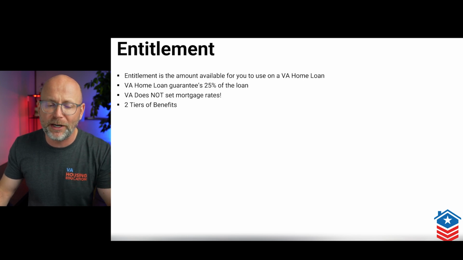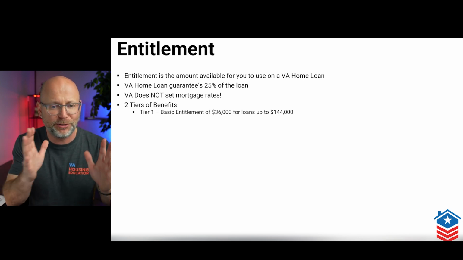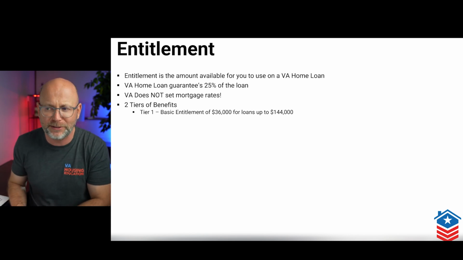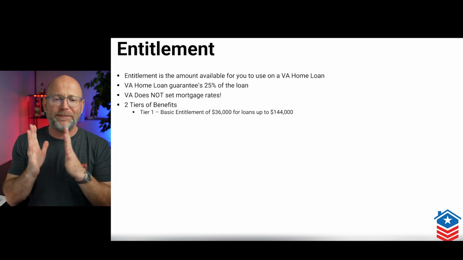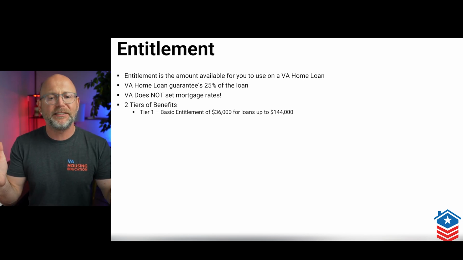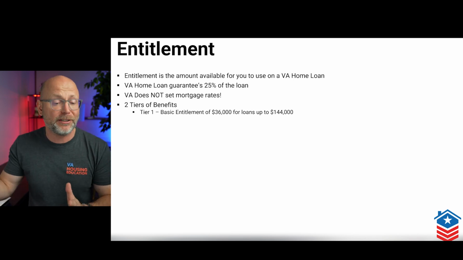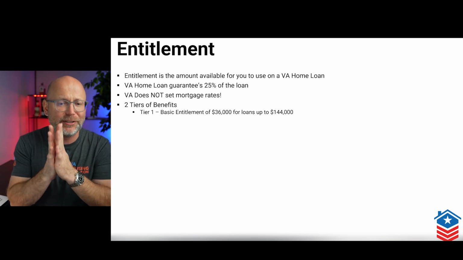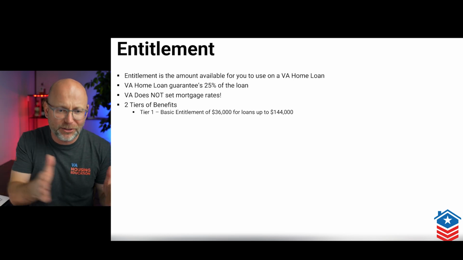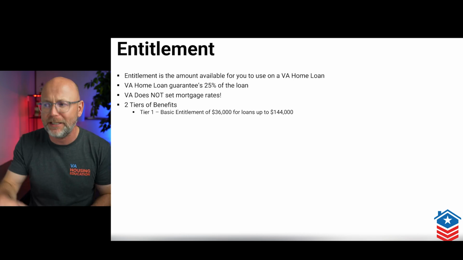I just want you to be aware of it because it is relevant. One, you have your Tier 1 benefits, which is your basic entitlement of $36,000 for loans up to $144,000. So if you bought a house for, let's say, $50,000 and you wanted to go buy another property, well, you would lock out your entire Tier 1 benefits. So any dollar amount under $144,000 when you're reusing the VA loan and keeping the current one, you're locking